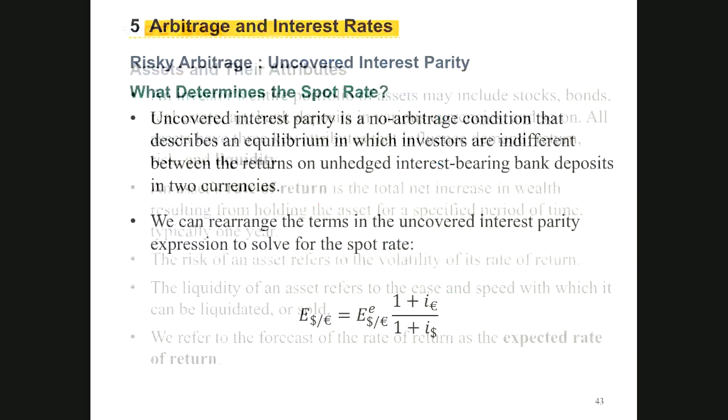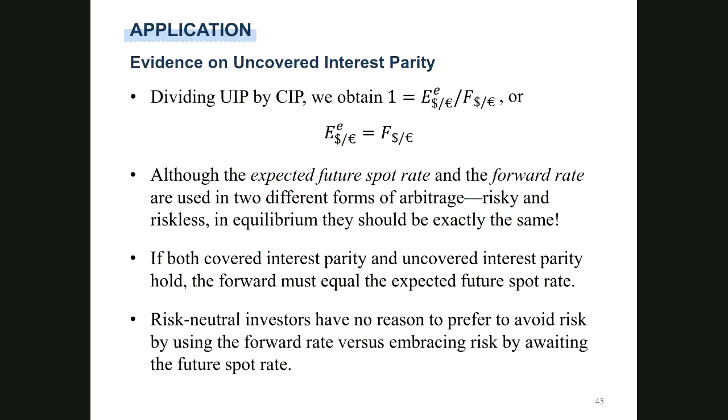Then if we take a look at the comparison between CIP and UIP, how do we get this equation? The expected exchange rate is equal to the forward exchange rate. It doesn't matter, the forward exchange rate should be the same thing. How do we get this one? UIP is equal to